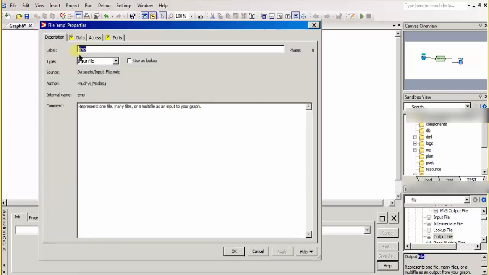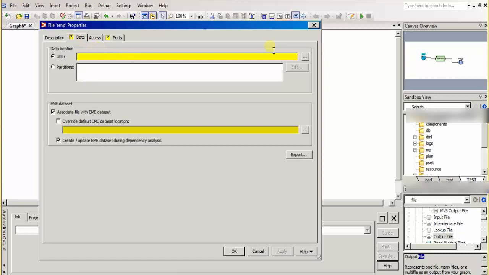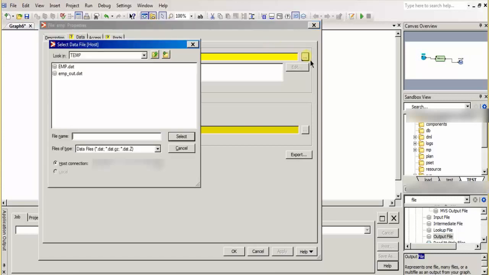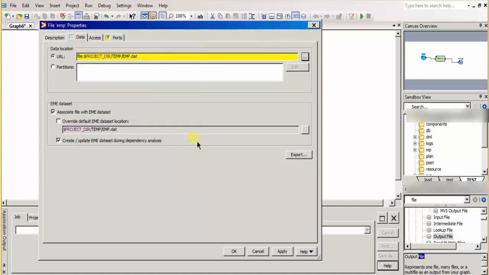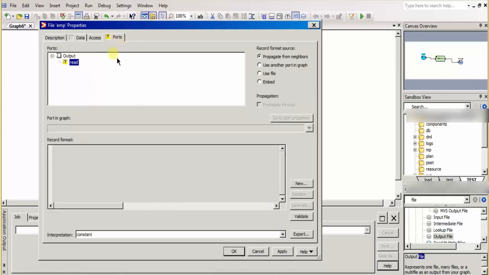Once I double click there, we need to specify what my source file is. Here my source file is emp.dat, where I'll have my records, and on the ports you'll see an output read here. The question mark here says how I have to read my source file.